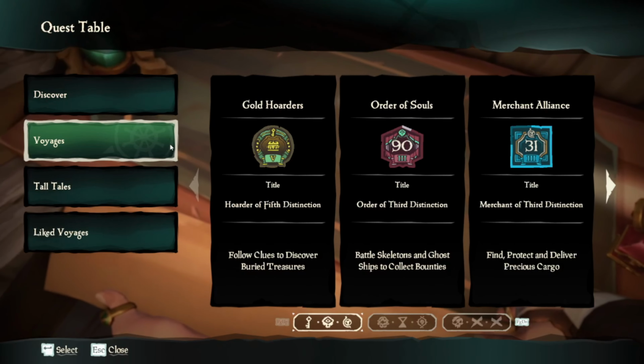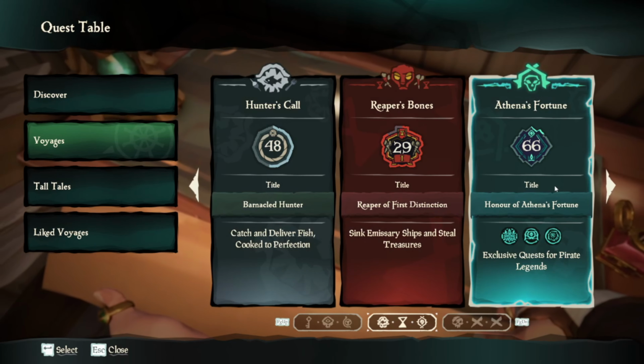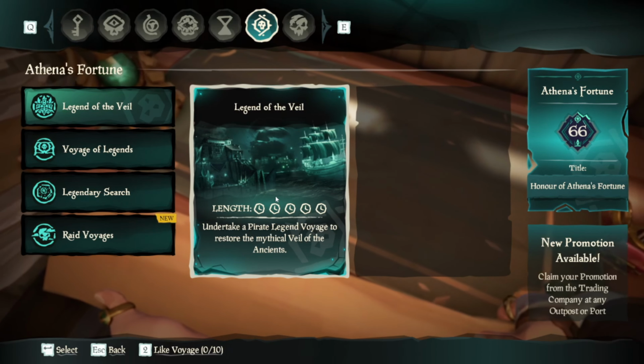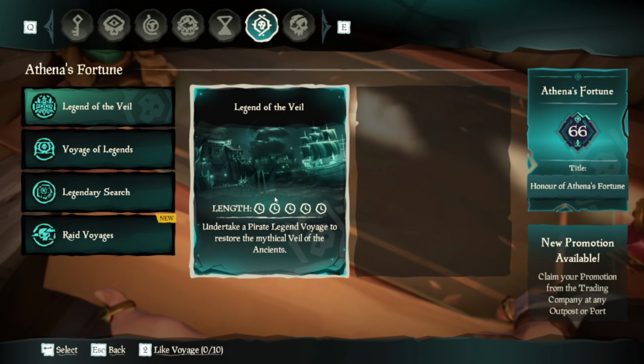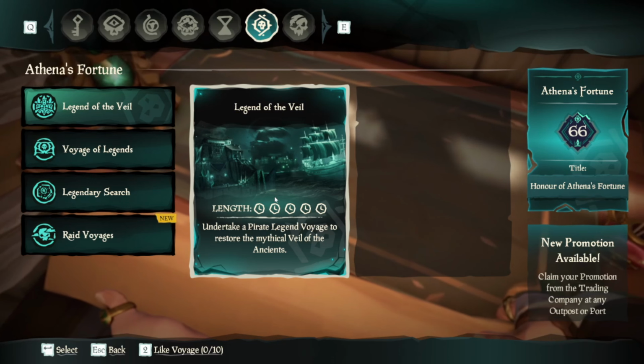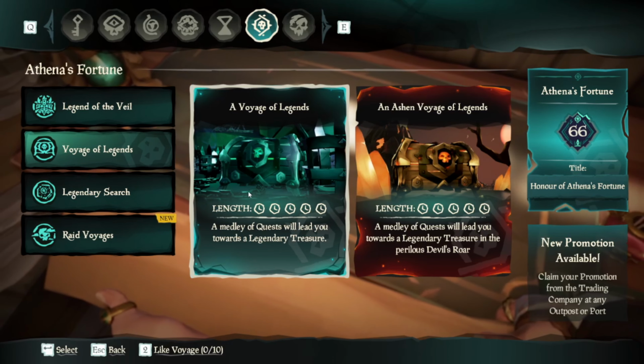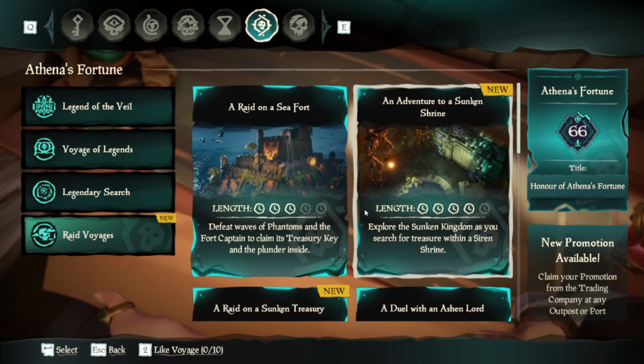if you really want to get a lot of money, I recommend trying out the Legend of the Veil, but I highly recommend that you bring a friend with you to go on this adventure, because you're going to have to fight ghost ships and defeat fortresses while everybody on the map can see you at all times. So I just stuck with the Ashen Voyage of Legends because that's just a really easy way for me to